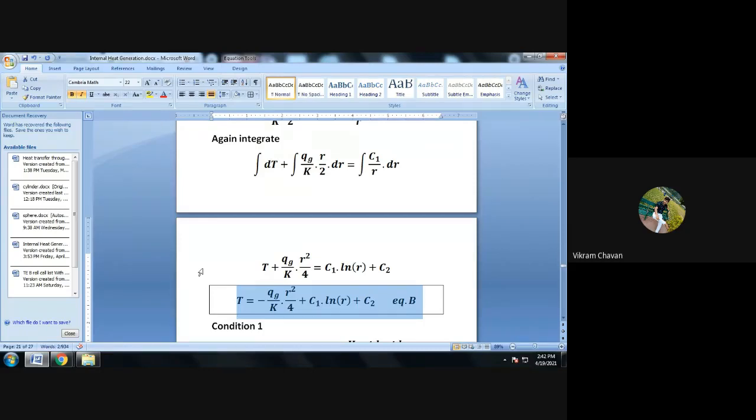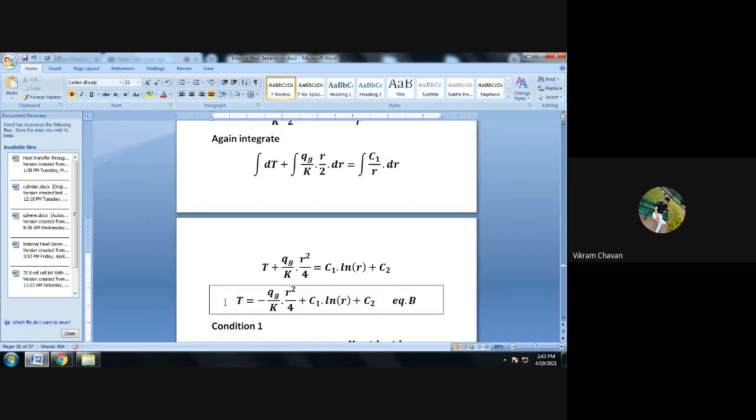Now here the conditions are different. One condition is the same, but another condition is different, so we have to give more focus on the conditions. Write down up to this particular point. From here, the derivation is somewhat different from the wall case. Up till now it is a similar derivation as that of a wall, only the variables are changed. Instead of x thickness, here the radius is introduced, and accordingly we have derived.